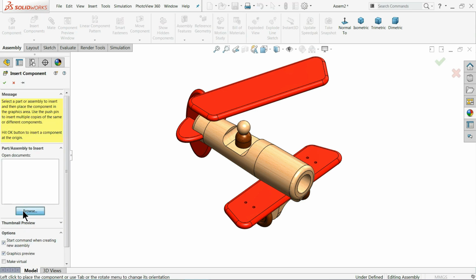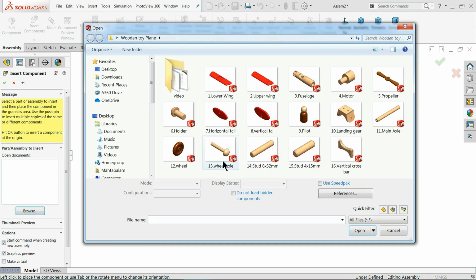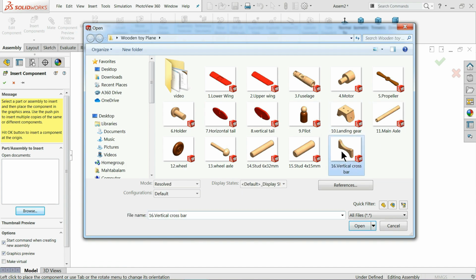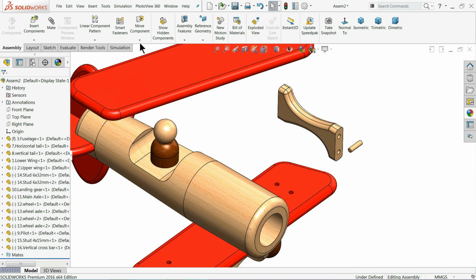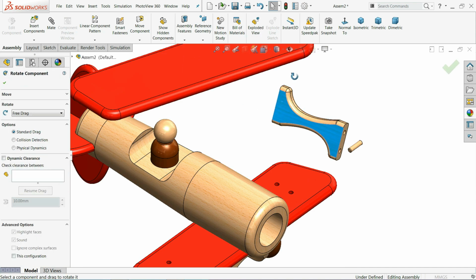Insert component, browse, and let's fix vertical crossbar and select this stud. Control key, rotate component.